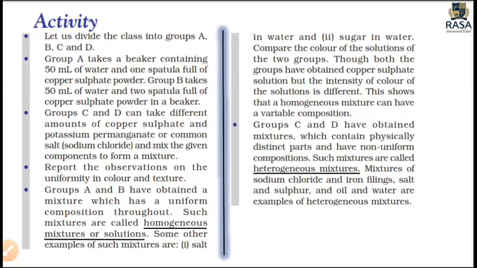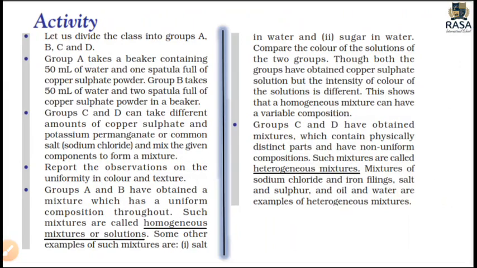So we divide the class into four groups, that is A, B, C and D. Each group has 50 ml of water in a beaker. Now we are providing an additional thing for them to dissolve in water. Group A has 50 ml of water in a beaker, and we have given 1 tablespoon of copper